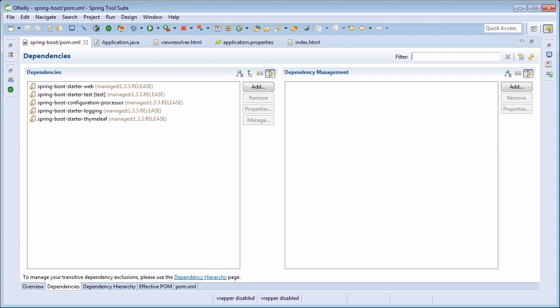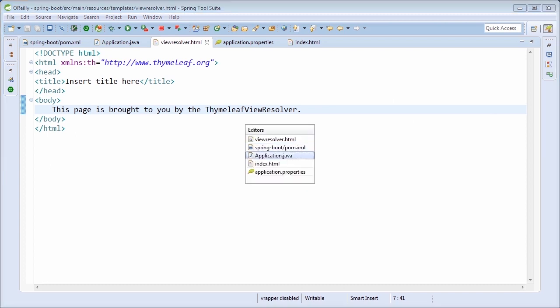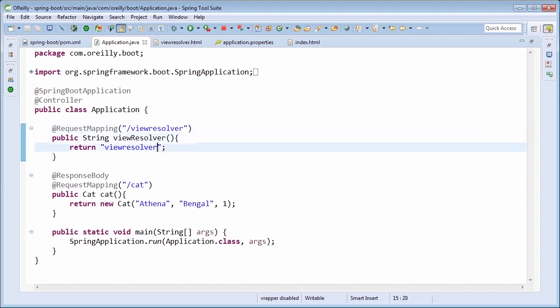If we take a look at our pom.xml file, you'll notice that we have included the Spring Boot starter Thymeleaf starter dependency. And that instructs Spring Boot to configure components in the background that will handle view resolution of our Thymeleaf templates. In fact, what you'll see is that we get a Thymeleaf view resolver. So we're able to take the logical view name of view resolver and map that to one of our actual